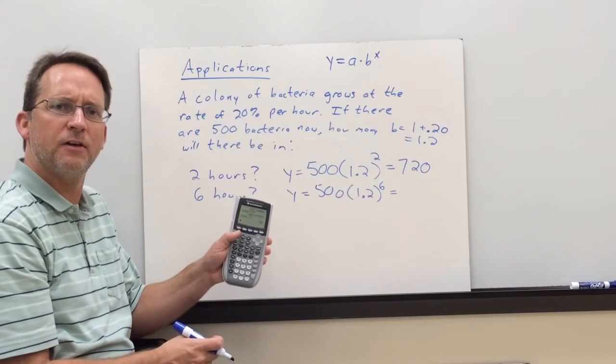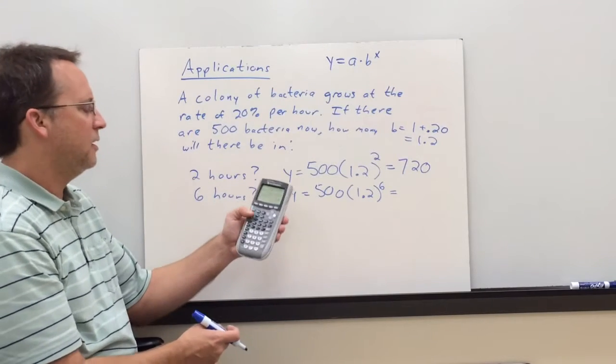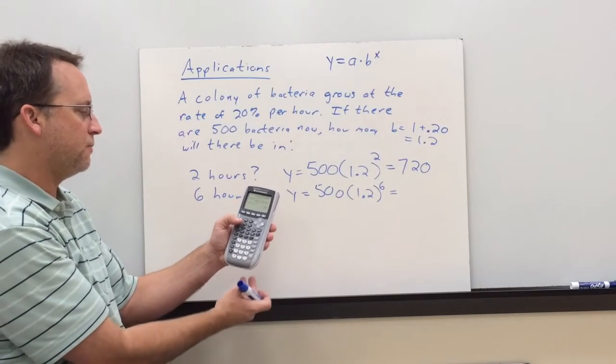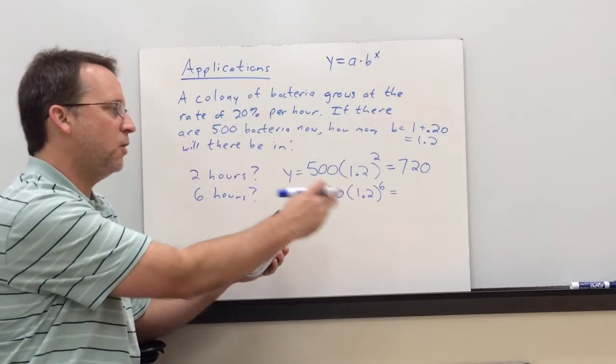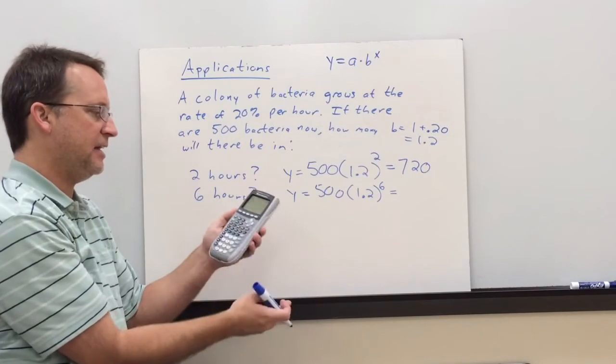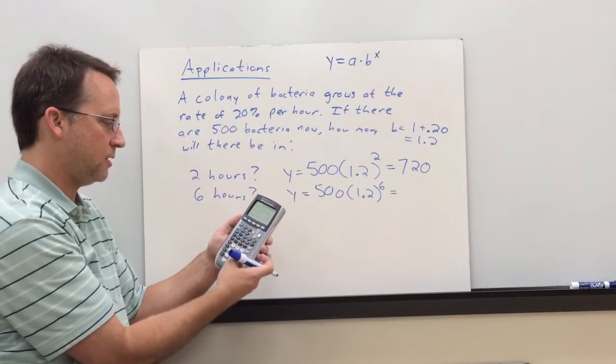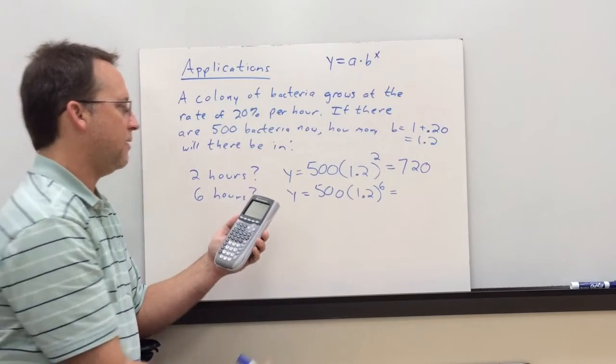By the way, cool thing in your calculator, if you don't know this, if you press second and enter, it brings back the last thing you typed in. So instead of typing the whole equation again, you can hit second enter and then just go change your exponent to a 6. Well, now I get